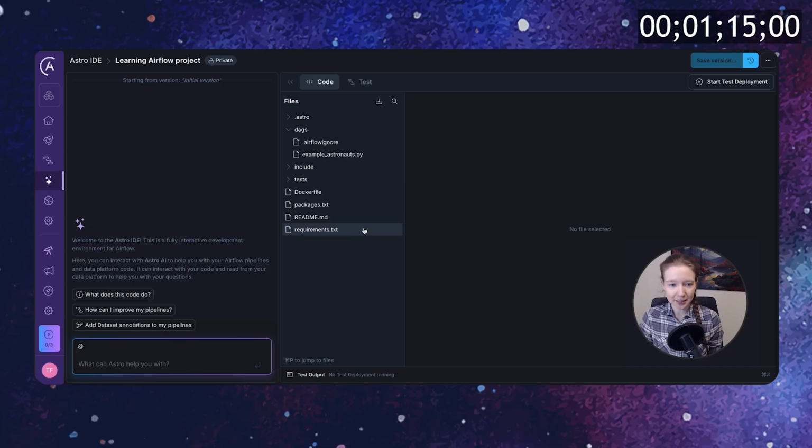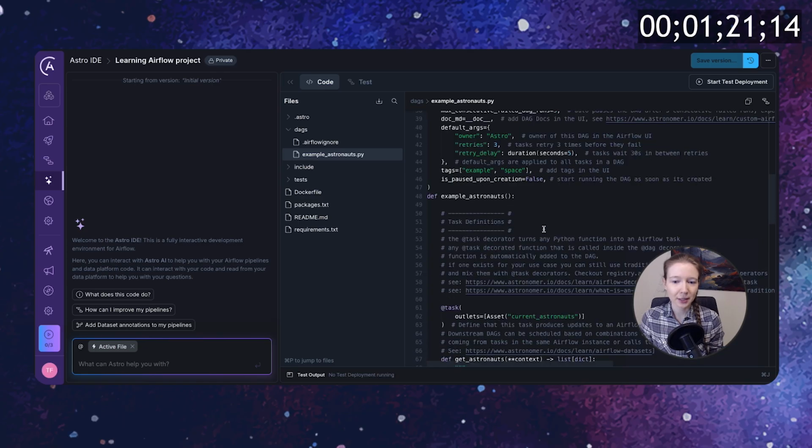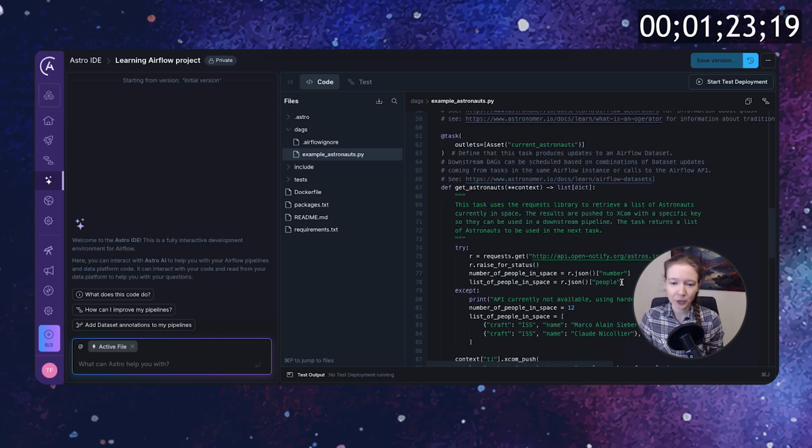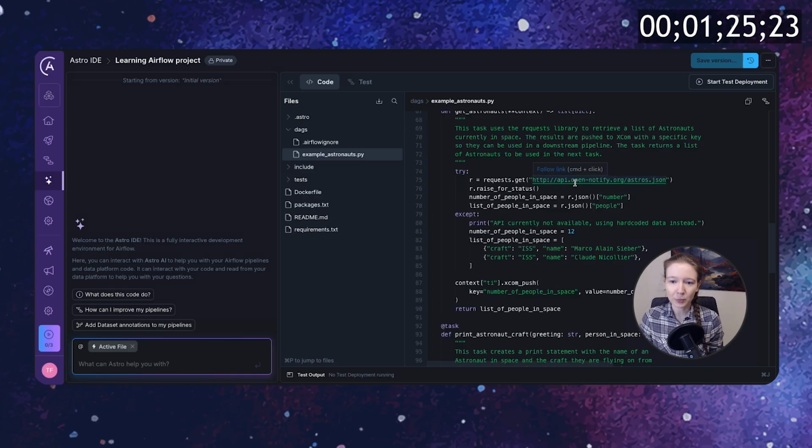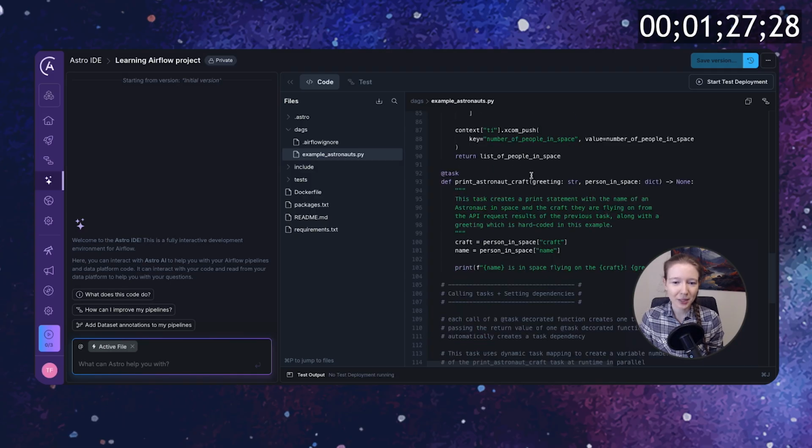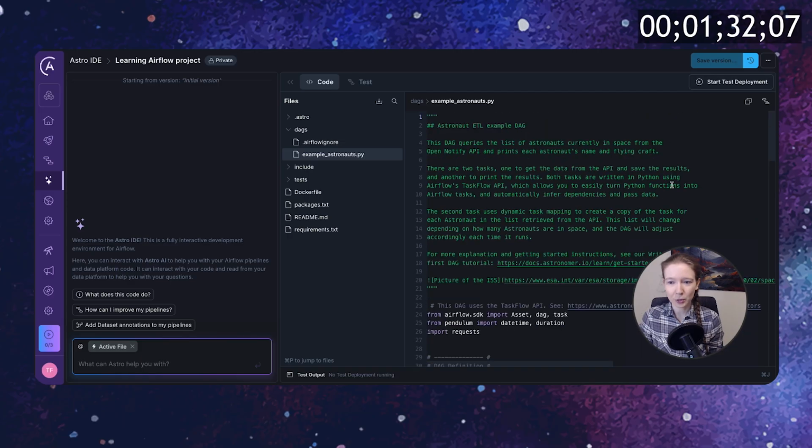You can see that the example project that was loaded in already contains one DAG file. This DAG fetches the currently in space astronauts from the OpenNotify API and then prints out a greeting for each of the astronauts. I could also, of course, edit this DAG